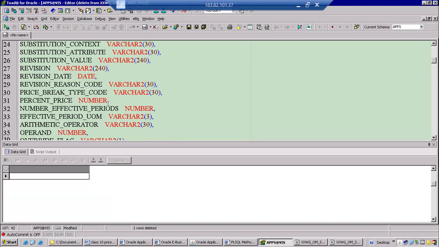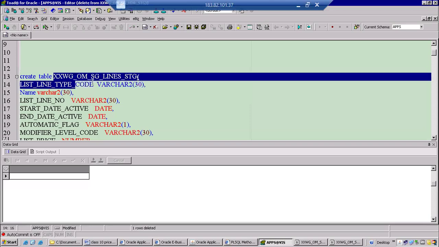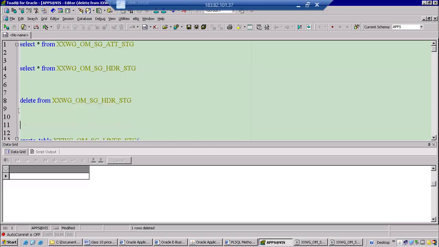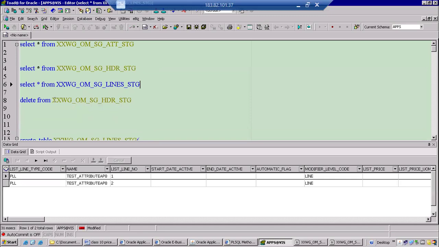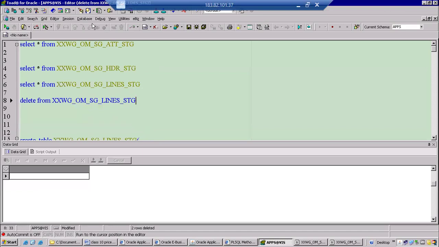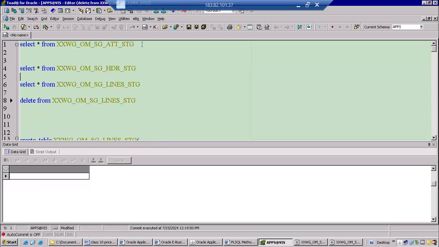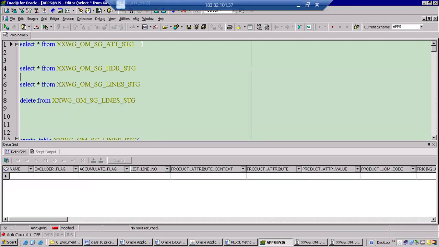Mostly the majority of the columns are not usable. But still we took the entire script. If you don't have time, you can take the entire script. Okay, now all the tables are empty. See,